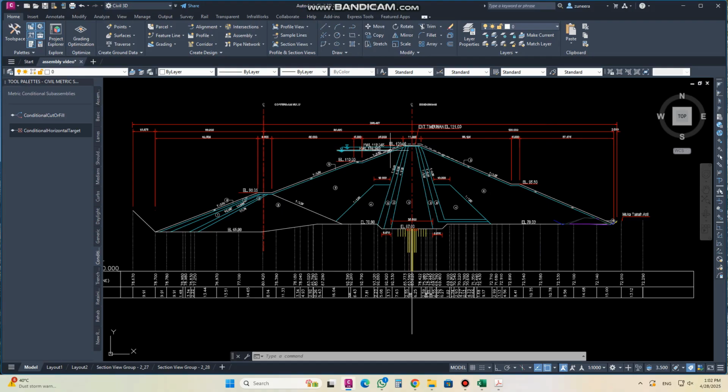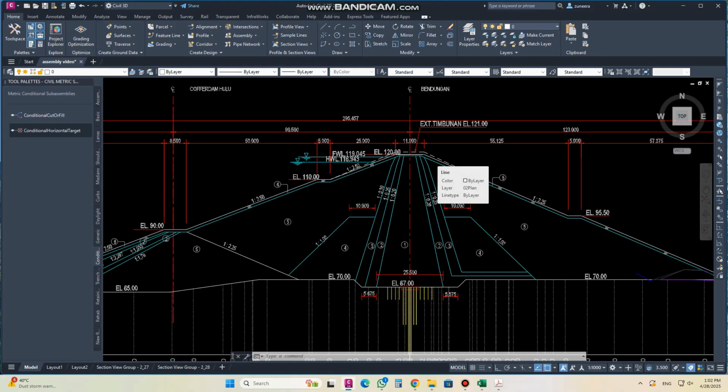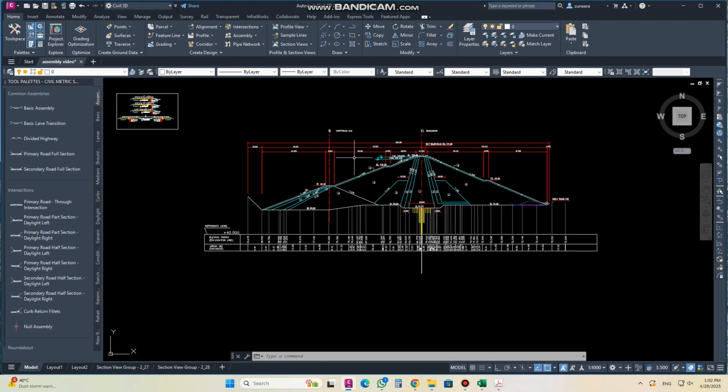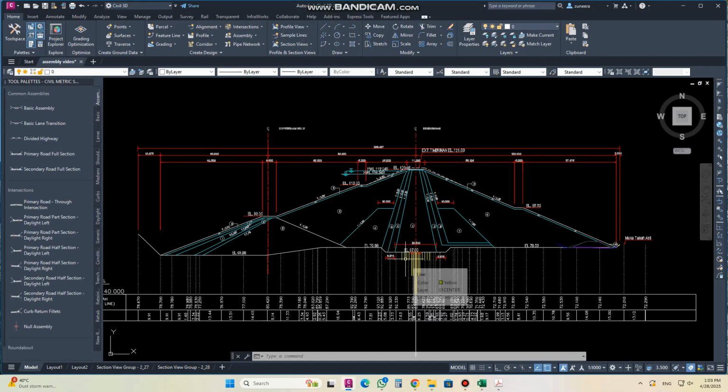Today's class is about ADM assembly. How we will create ADM assembly, or assembly, in Civil 3D. First of all,